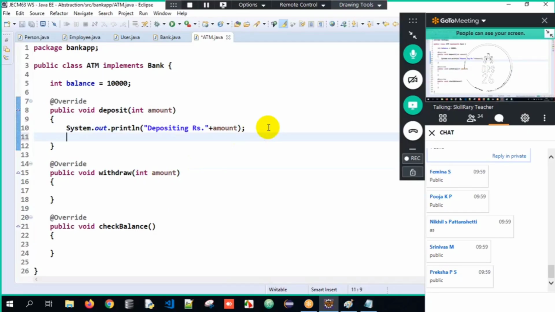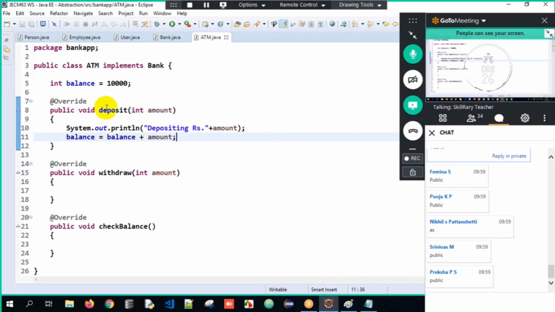If I deposit here, your balance will get incremented or decremented. It's common sense here. Sir, your balance will always get incremented when you deposit some amount. Correct? So here, the balance has to get updated here. So can I write this logic here? Balance equals balance plus amount here. Can I do this logic over here? It's very easy here.